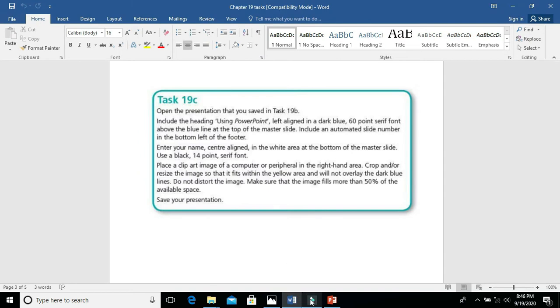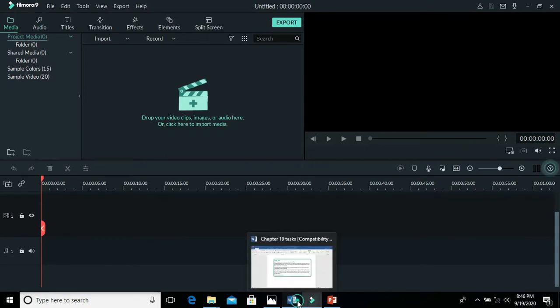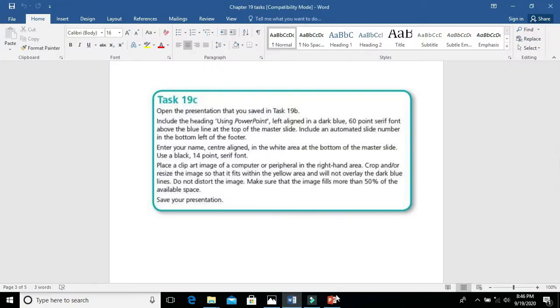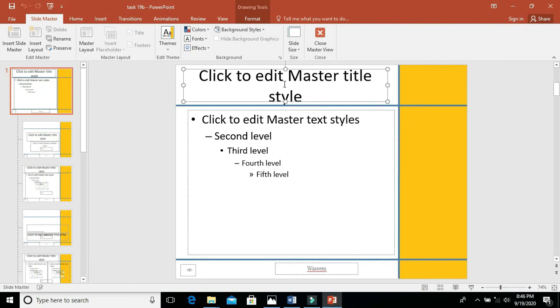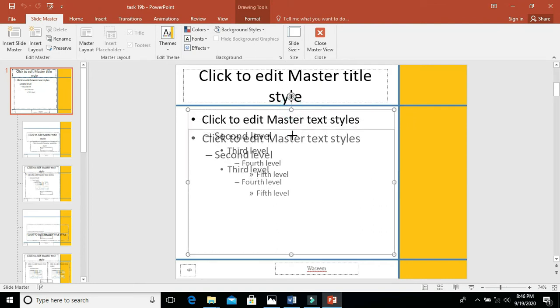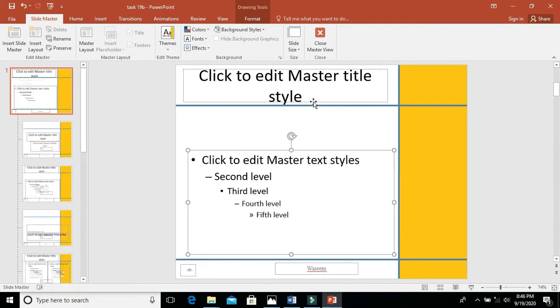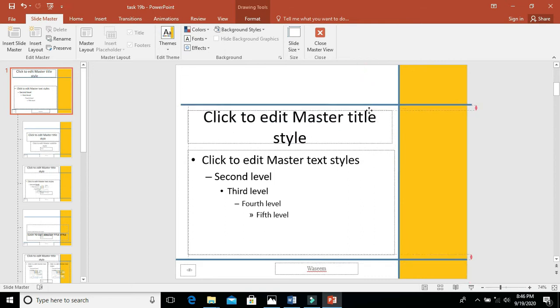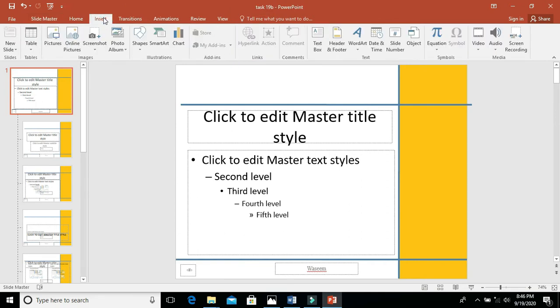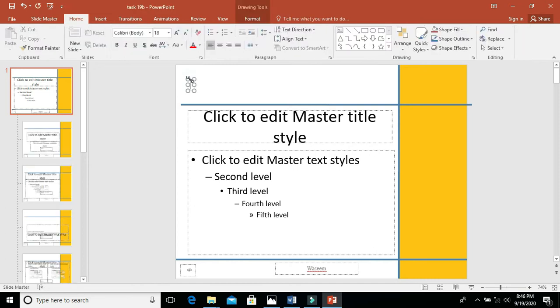When they say include a certain heading, you must not write in this one. You have to bring this down and bring the actual heading to this level. After that, you have to insert a text box. So by using the text box, you have to write using PowerPoint.